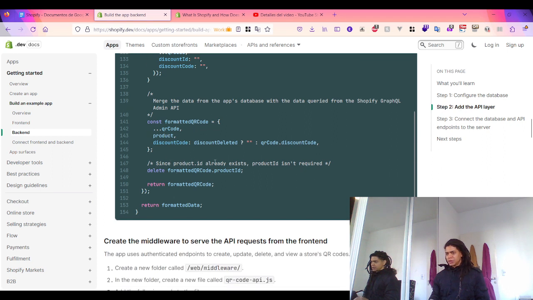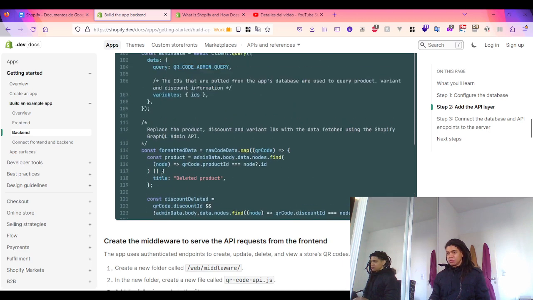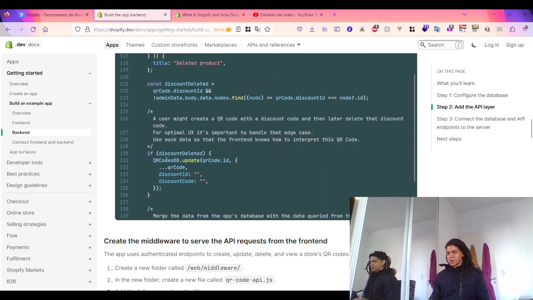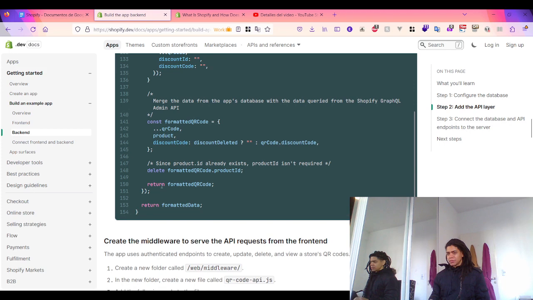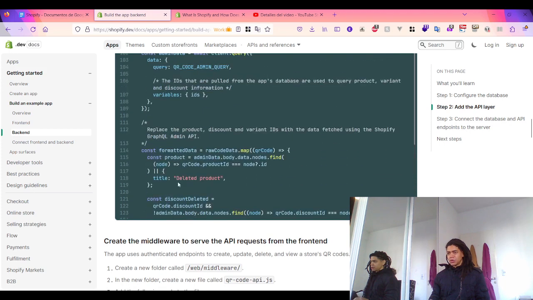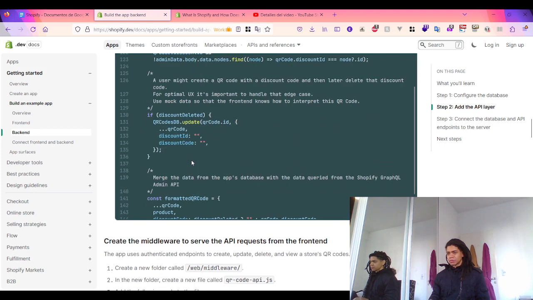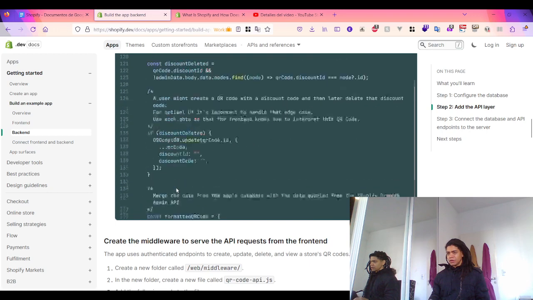And since the product ID already exists, product isn't required. So you delete this from that, and then you return the formatted code. And all of this